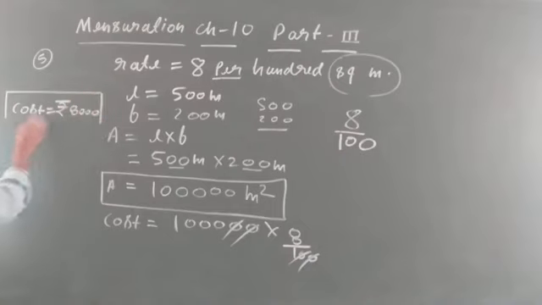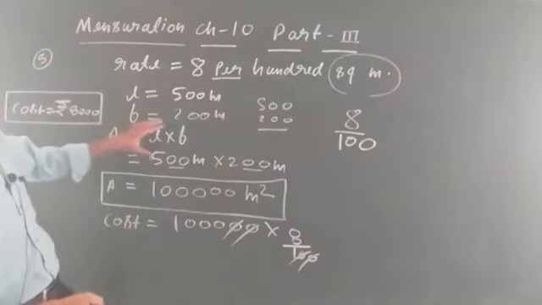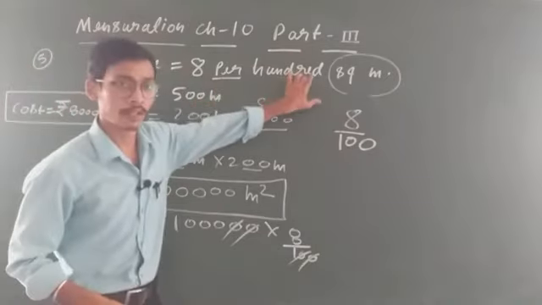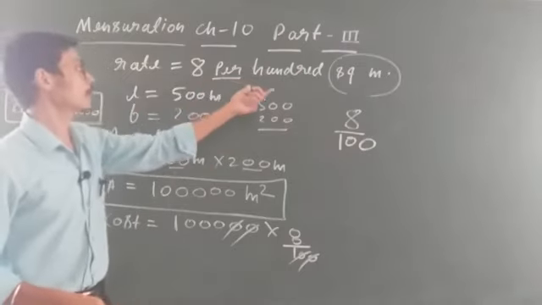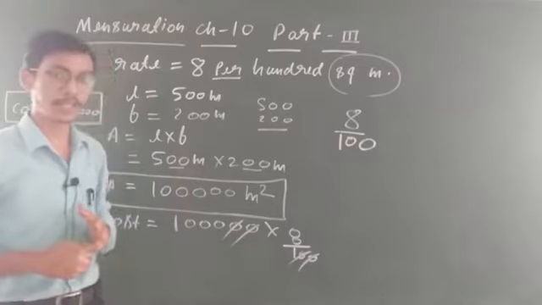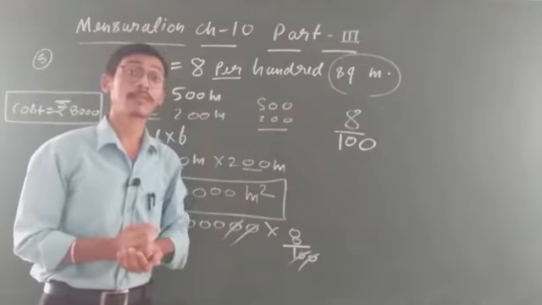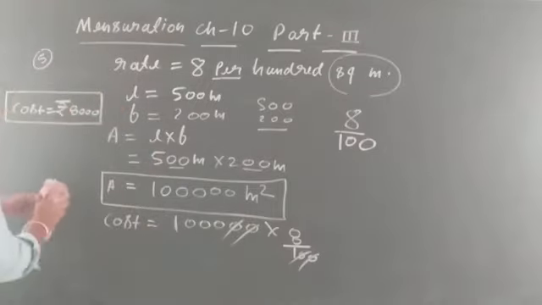So focus on the question, student. See, the question was very easy. The first thing you have to decide is whether to find out perimeter or area. So we decide according to the cost. If the cost is in simply meter or centimeter, you find out perimeter. If the cost is in square meter or centimeter square, you have to find out area. Yes, student. I think this question is very clear.